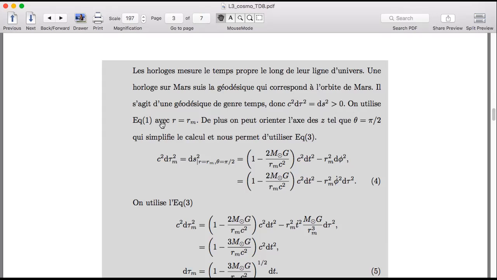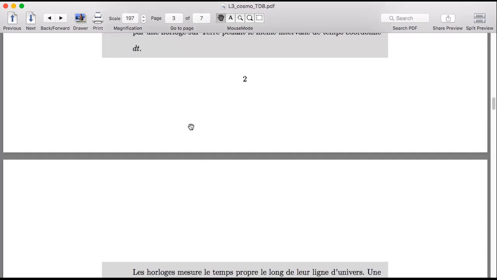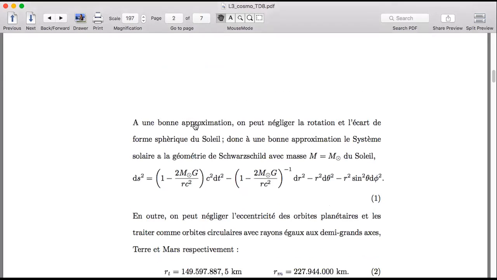So we use equation 1, which is just ds squared for Schwarzschild with all 4 terms in it, and we see the coefficients only depend on theta and r here, and the rest are parameters. Of course, it depends on the mass of the sun and Newton's constant, the speed of light, etc. But in terms of variables,